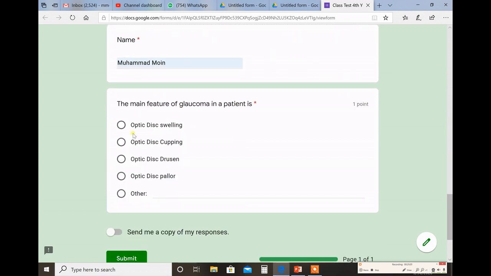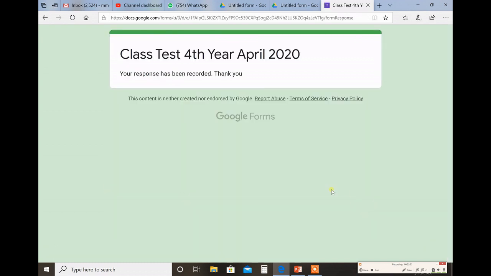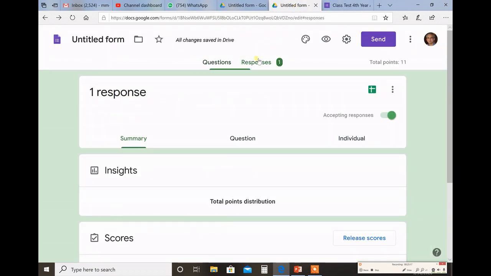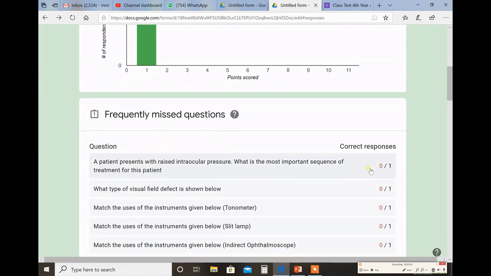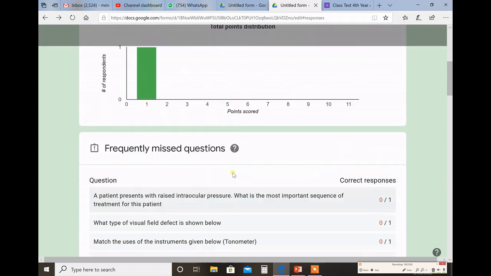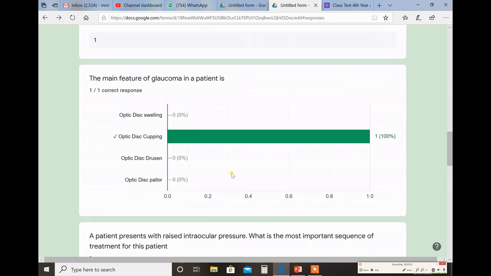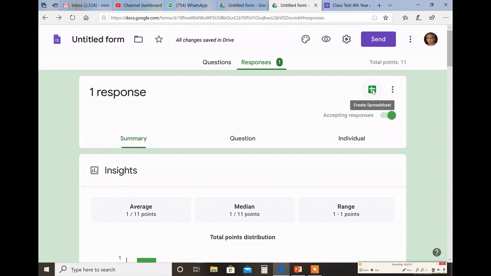The main feature of a glaucoma patient is optic disc cupping. Send me a copy of my responses, so you can do that. I can unclick that, and once I submit this, so you're giving page 101, so your response has been recorded. So once that is being done, you can go into responses and see it gives me a summary, the scores of this student, frequency questions. Here you can see it is giving all the students at a time. So if you want to see the individual report of the student, then you can go on